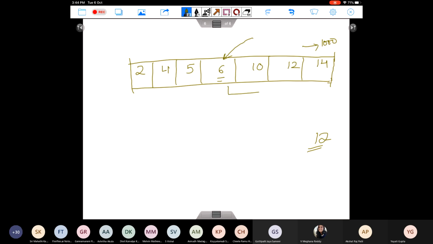So I know that now I have to search only in this portion of the array. Now while searching in this portion of the array, you can repeat the same procedure. So again, just go to the middle element in this array. And in this particular case, this middle element right away is your 12. Okay, so how do you implement it recursively? Do you notice recursion here? What are we doing at every step?